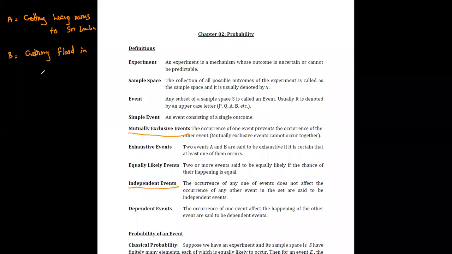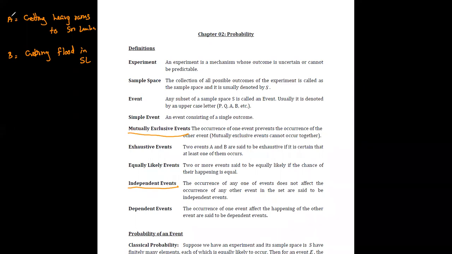If we are getting heavy rains in Sri Lanka and if we are getting floods in Sri Lanka, then what we can see is there is a dependence. It is because if we are getting heavy rains in Sri Lanka, then there is a chance of getting floods in Sri Lanka as well. Therefore, getting floods is affected by getting heavy rains in Sri Lanka. Therefore, event B is